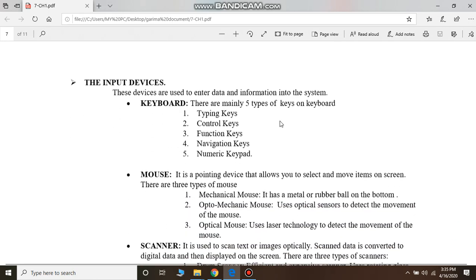Keyboard, you know, or you should know what are your typing keys. You have control keys. Control keys are control, alt, Windows logo key, escape key. They are the examples of control key. Typing keys, all the alphabet keys, number keys, special character keys, space bar, caps lock, they all come under the category of typing keys. Next, you have function keys. All the function keys, you know, F1, F2 till F12, they are all function keys that are present on your keyboard.